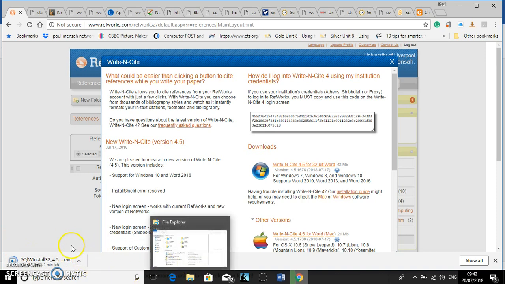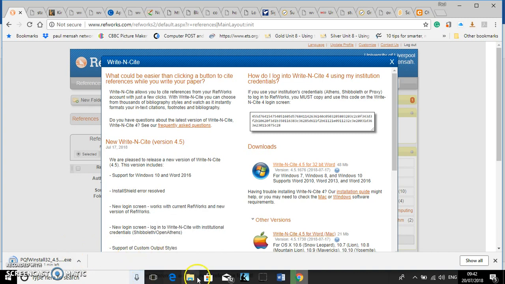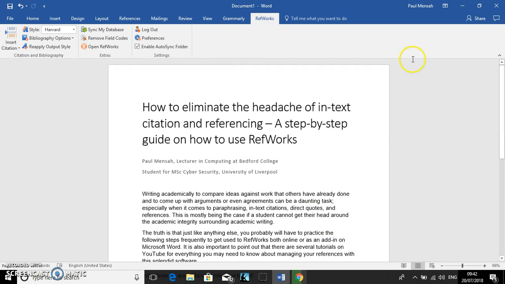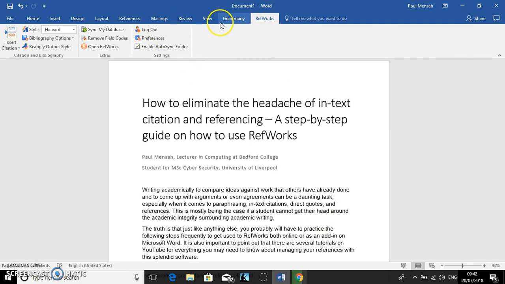Anyway, so after installing RefWorks, this is what you will get. Okay, so this is what you will get. We are now in Microsoft Word. Okay. Right. So if you go to RefWorks,